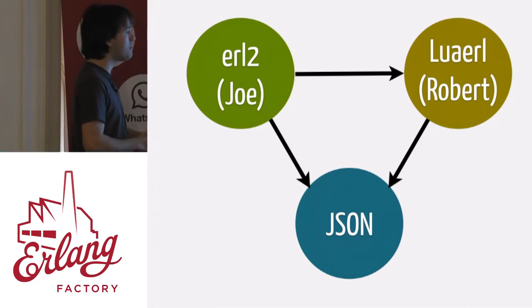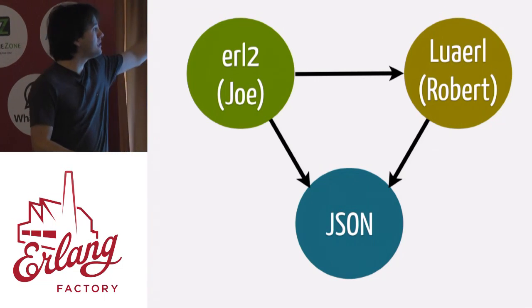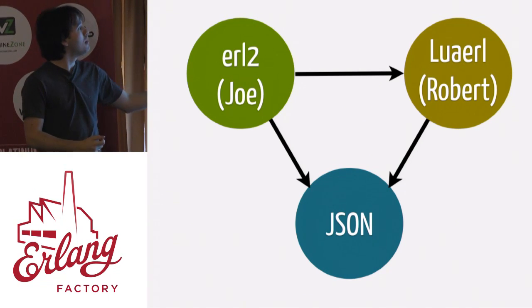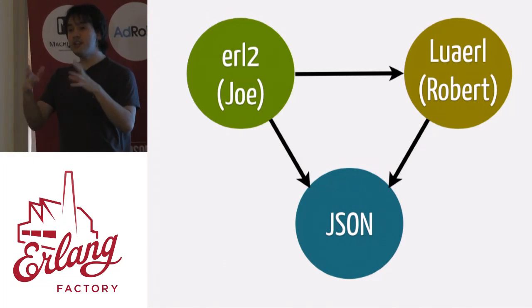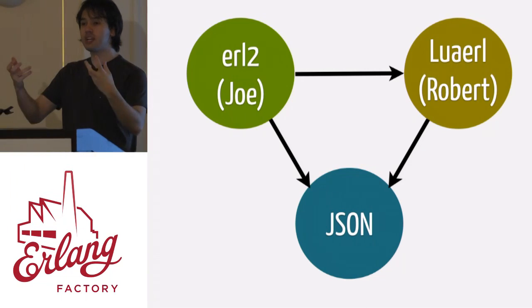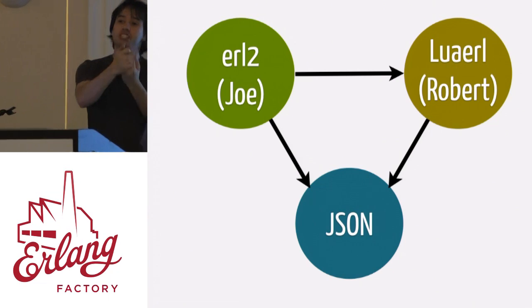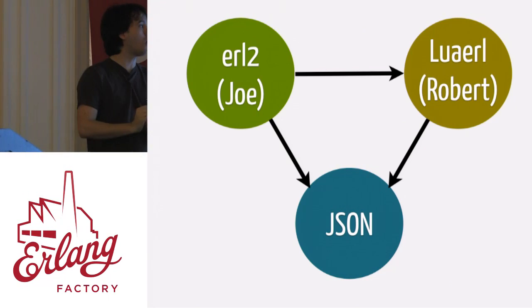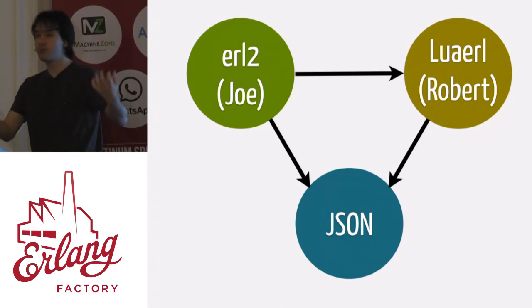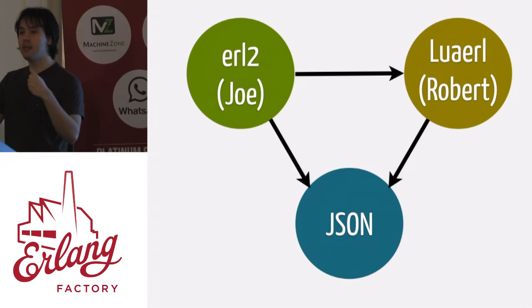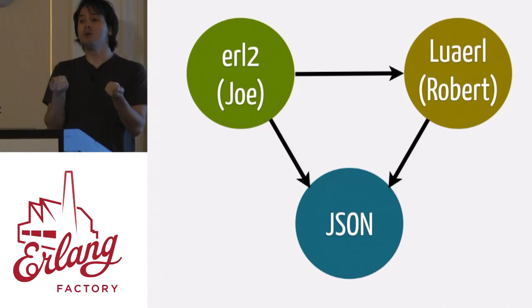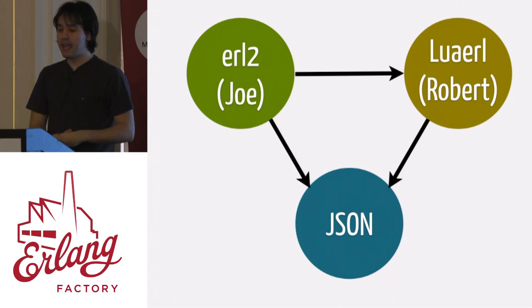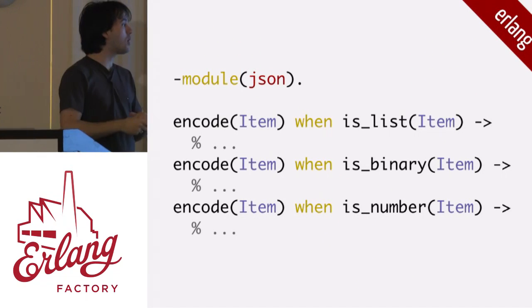Because the JSON project doesn't know about his data types, he can say, okay, I want to fork the JSON project to let it know about my data types. But Robert already forked the project, so he now needs to create a fork that has both Robert's changes and his changes. If he was using function callbacks, he needs to get all the callbacks and implementation from Robert's project and bring them to his project. And then maybe it will work. So it really doesn't compose. You cannot have different projects just extending the JSON library. And the issue is exactly that it's just ad hoc polymorphism.